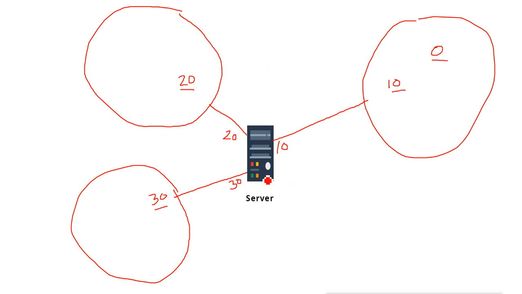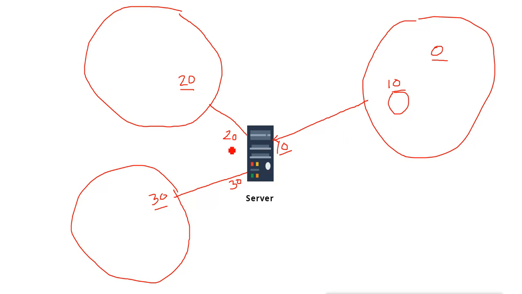Now how will the server identify whether the request is for network 10, 20 or 30? It is based on the interface. If the request comes from this interface, the DHCP server knows that this request is for network 10, so it will use the pool configured for network 10. Remember, all the pool information will be configured in the same configuration file, and it will be differentiated by these different interfaces' IP addresses. So if the request comes from this interface, the DHCP server knows the request is for this network and will use that pool.